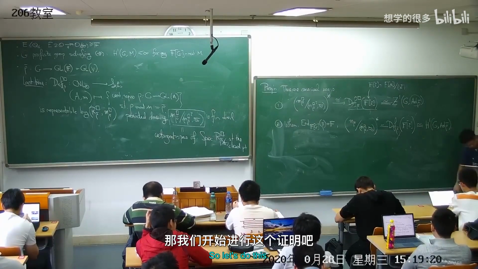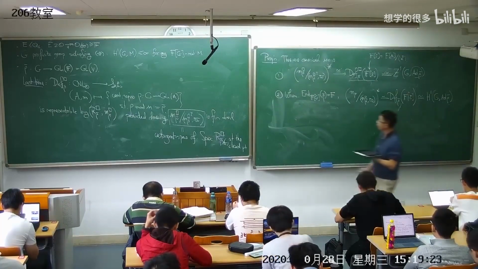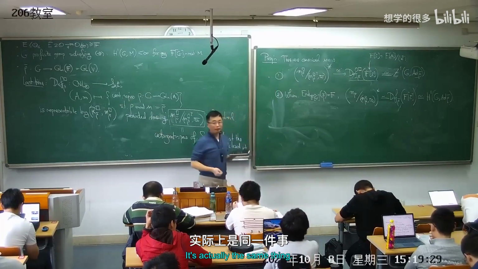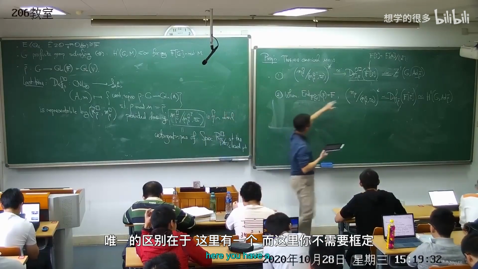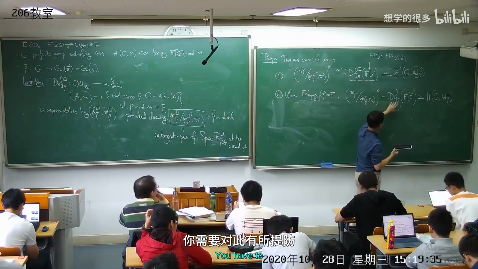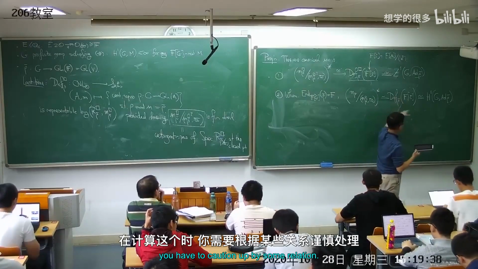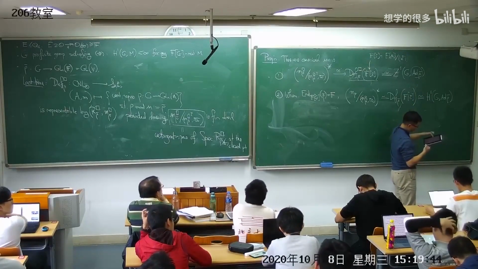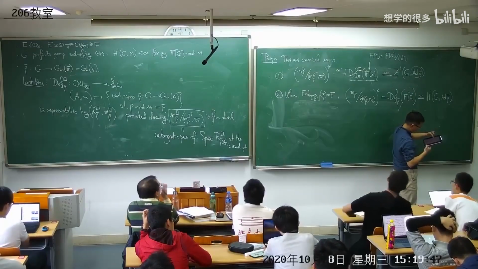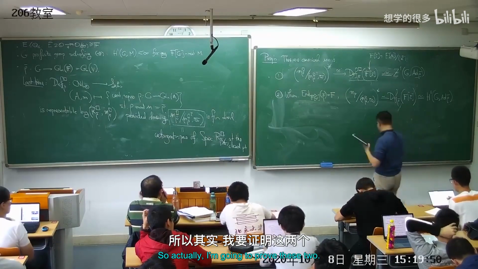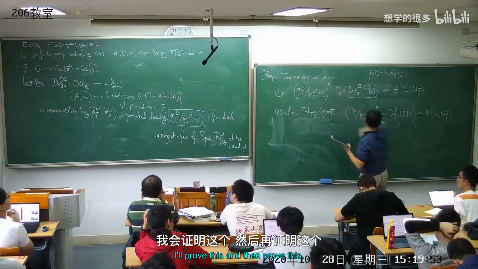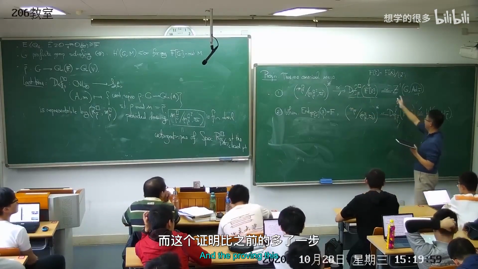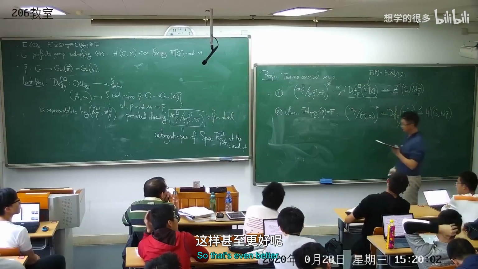Okay. So let's do this. I will only prove 1. The proof for 2 is essentially the same thing. The only difference is that here you don't have to frame the deformation; you have to quotient out by something. When computing this, you have to quotient out by some relation. Hold on a second, which one do I want to prove? Actually, I'm going to prove these two. So I'll prove this, and then prove this. Proving this one is sort of the same thing, and proving this has an additional step compared to this one. So that's even better.